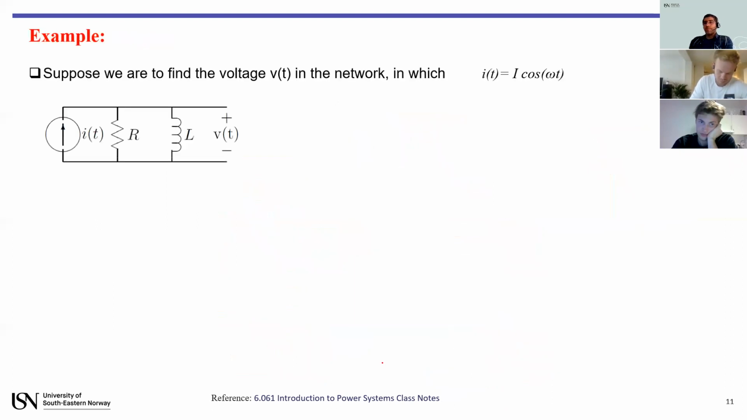For example, suppose that you have this circuit, a very simple power system. You have a current source, you have a resistor, and you have an inductor in parallel. These two elements are parallel. But we want to know what V is. We want to calculate V if